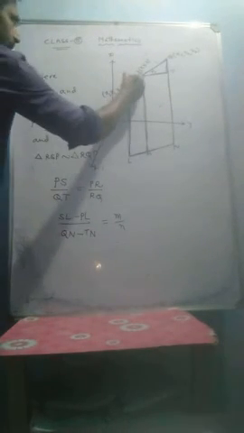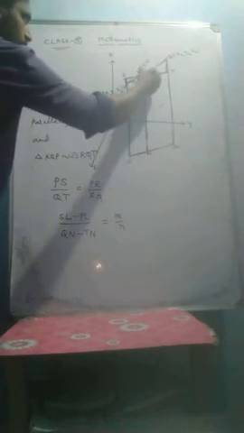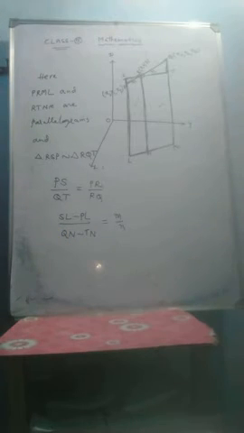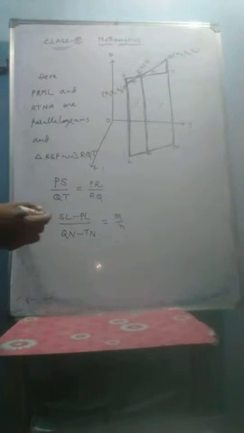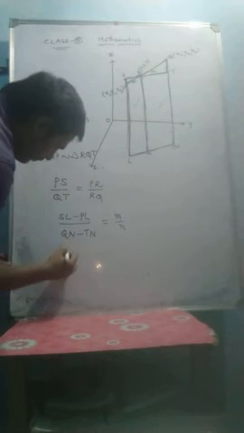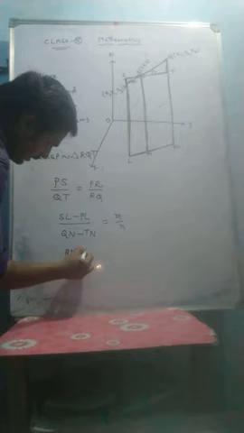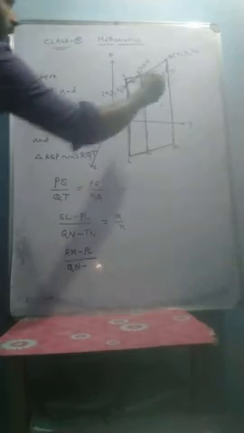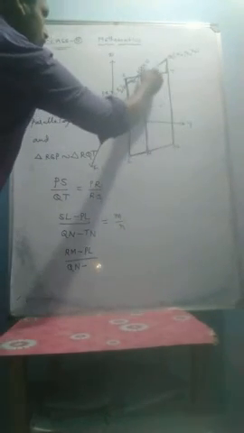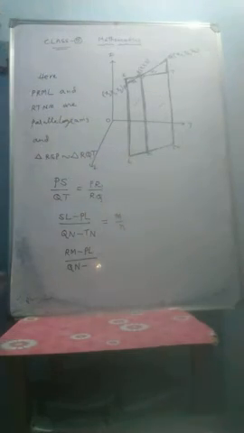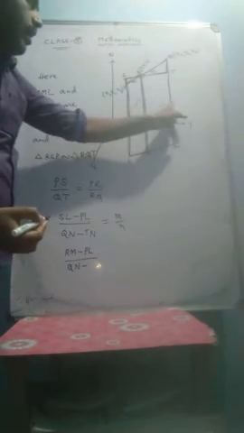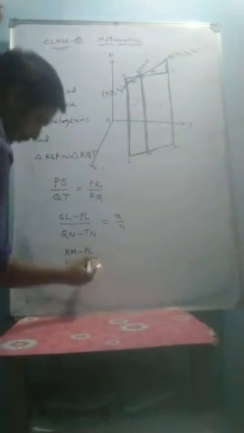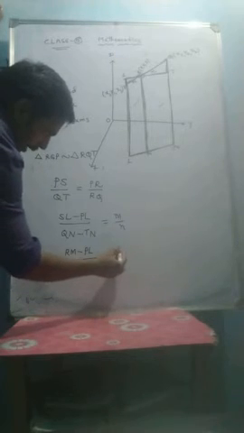Next, SL. This SL is equal to RM. Why? Because this is a parallelogram. So SL is equal to RM, minus PL same as it is, by QN minus, in the place of TN. So TN is equal to RM. Why? Because this is also a parallelogram. So opposite sides are equal and parallel. So in the place of TN, write down RM. That is equal to M by N.